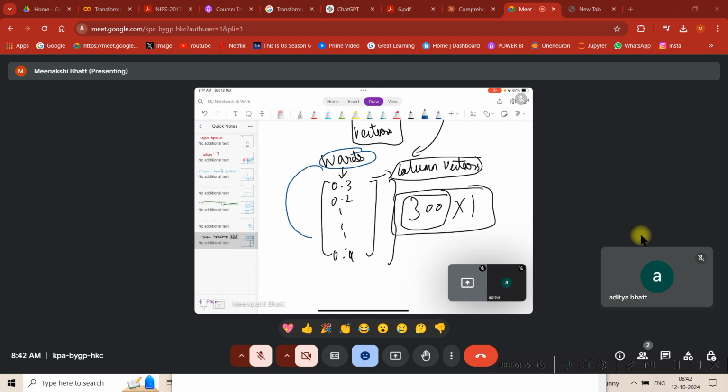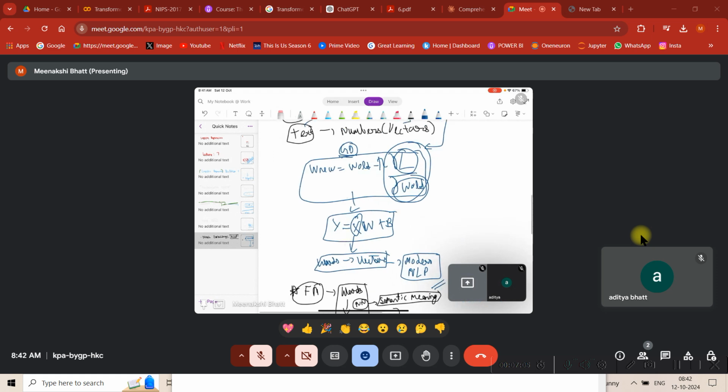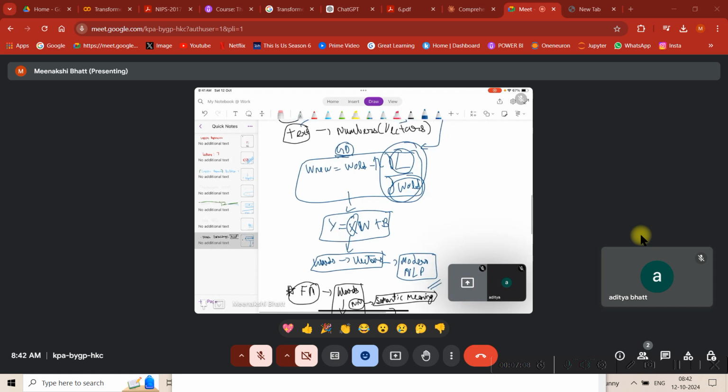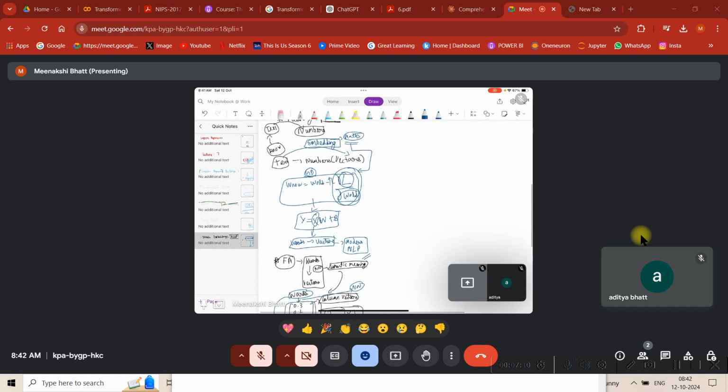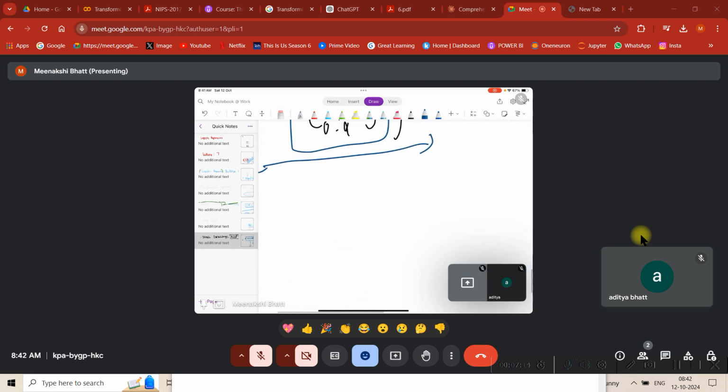Now the main thing that I wanted to show you is that you have words. These words would get converted into a vector like this. How is it getting converted? With the help of a neural network. Slowly we'll understand everything. So now you have understood the essence and why we need to capture the idea of words into vectors.